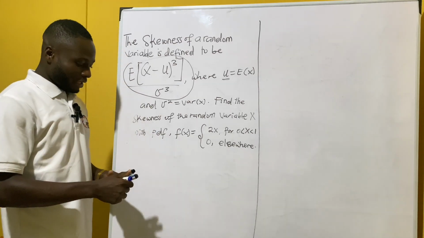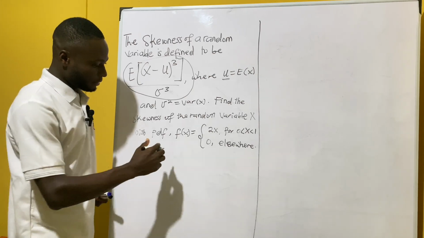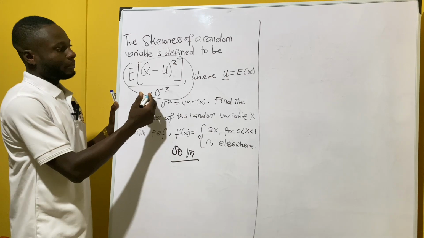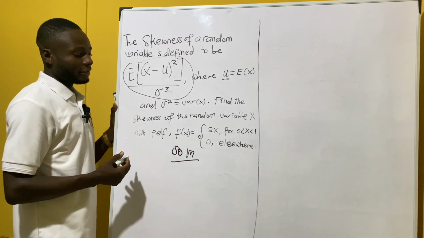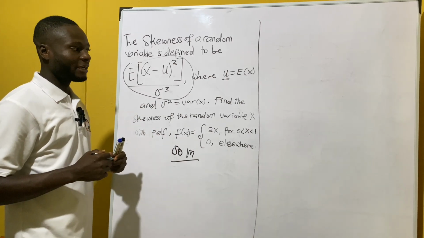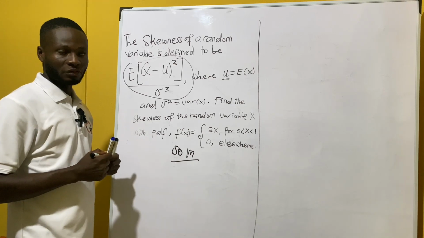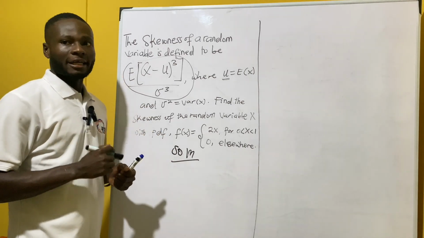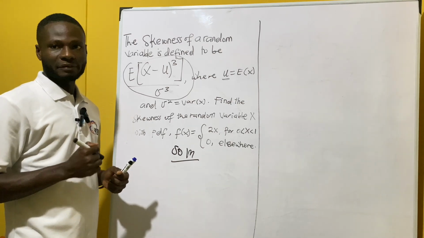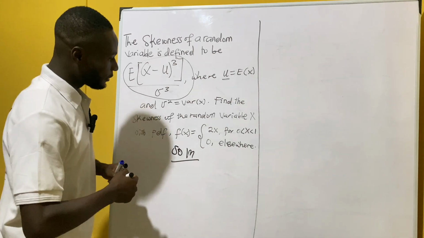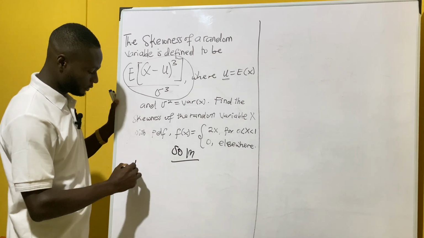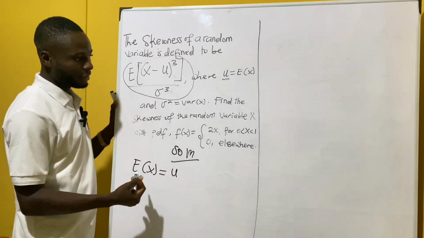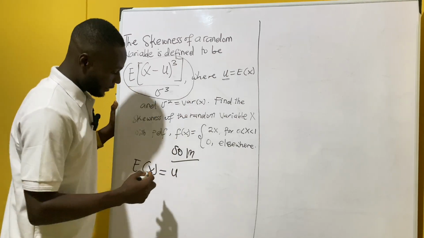Now let's look at how we can deal with this particular problem. So looking at the parameter or the formula we have been given, it means we have to find the first moment, which is the expectation of x, and then the second moment, which is the expectation of x squared. Then we go ahead to find the variance of x, right? So now we know that expectation of x equals this, right, as given in the question. And so